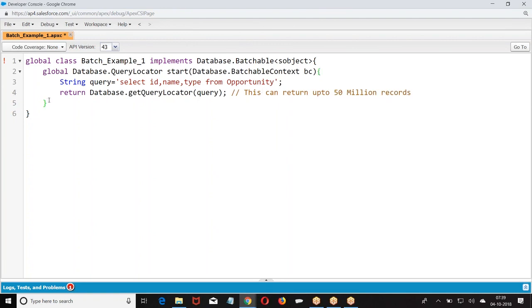Right. Now, once you get the data, it is going to divide them into a number of batches.